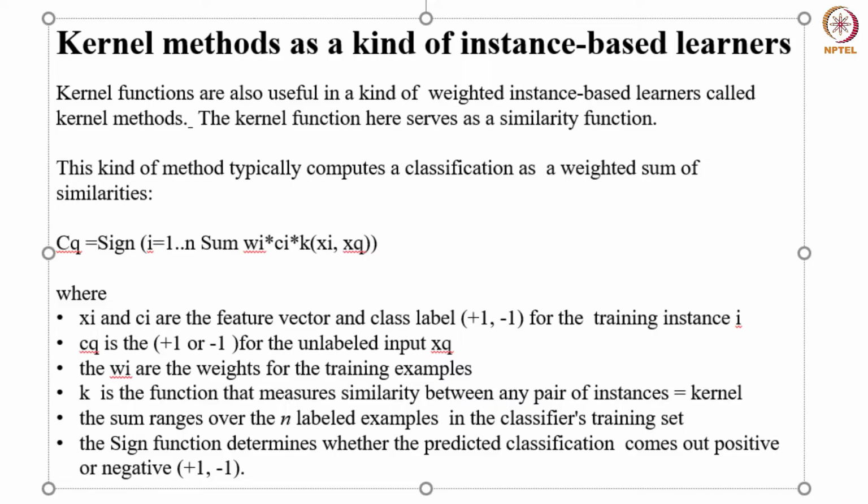With this approach, the class labels are modeled numerically as +1 and -1, both for the class label of the training instances and for the output for the unlabeled instance